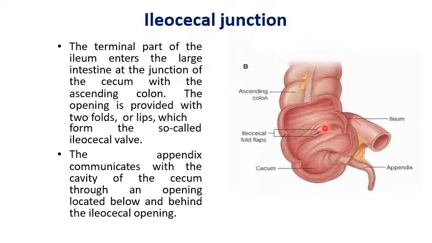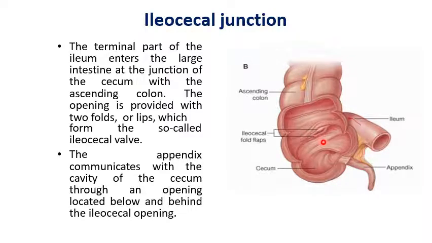Now the valve is closed by the sympathetic nerves, which cause tonic contraction of the ileocecal sphincter. It acts as a sphincter, and it is also closed by distension of the cecum. When the cecum is distended, it is closed, so that it prevents reflux from the cecum to the ileum, meaning the contents that have entered the cecum are not going to pass into the ileum in the backward direction. So this is the function of the ileocecal valve.